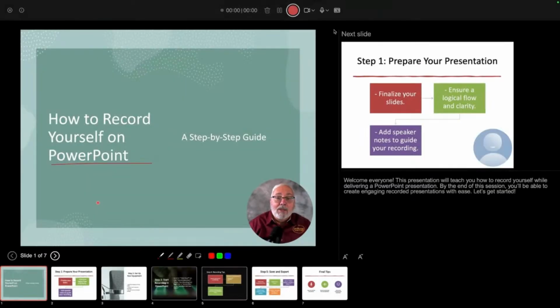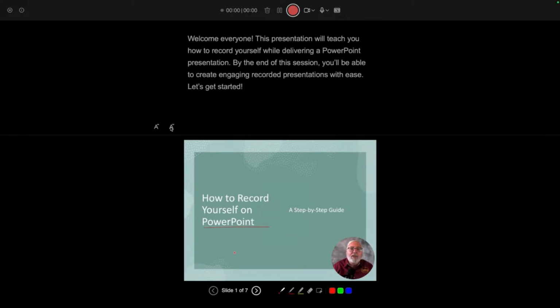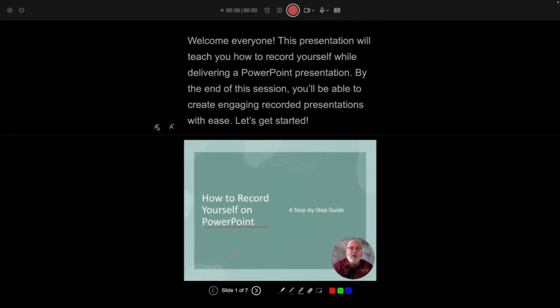Maybe you want the big blown up presenter view like most people are used to seeing, but you don't see your notes. So I like this new teleprompter look. You can increase the size if you'd like to make those smaller or larger. If it's too far, you can move it up and down if you can't read it underneath the slide, but there's that little bit of flexibility, which is kind of neat. So I do like that. Turn that off. So let's say you're going to go ahead and do the recordings.